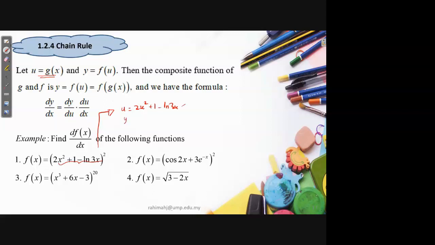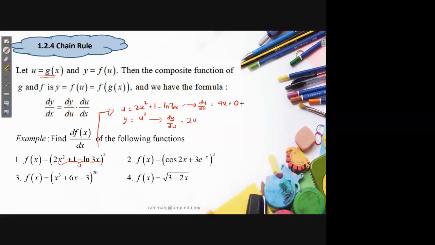Okay, what is y? y is a function of u. So y is u squared, since we consider what we have in the bracket as u. So what is dy/du? Differentiate y in terms of u, then we have dy/du is 2u. What is du/dx? Differentiate u with respect to x, we have du/dx. So 4x plus